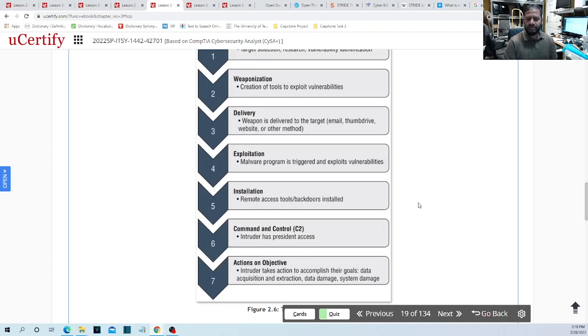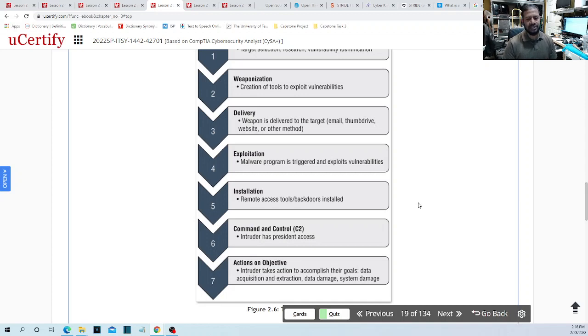Number six, command and control, or C2. The intruder now has persistent access. The slide says precedent, but that's not right, it is persistent access. It means they have escalated that access to administrative access, and they are now able to control your machine. They have regular access, long-term access, a privileged access to your machine. And number seven, once they have that,